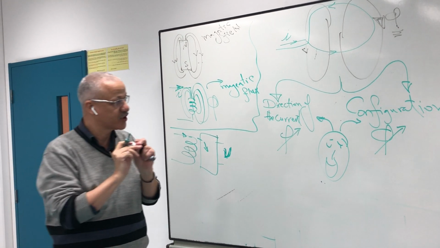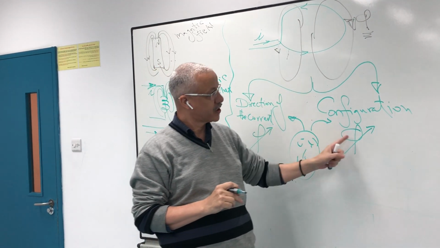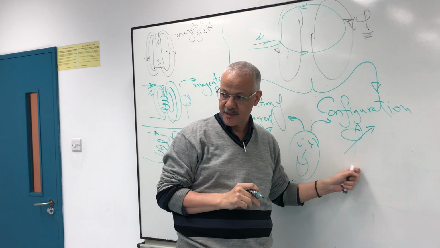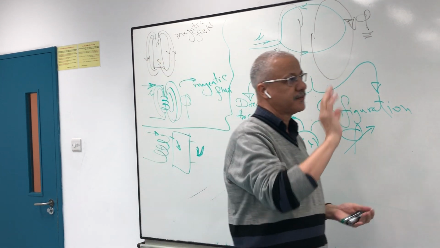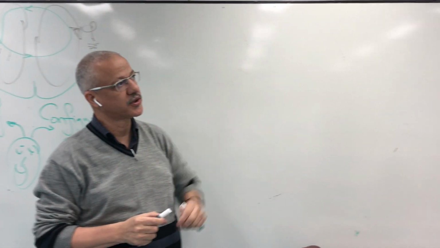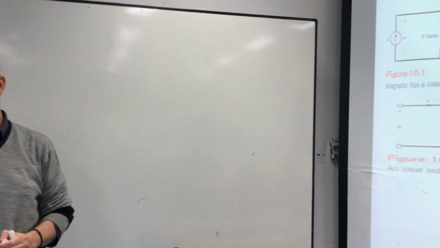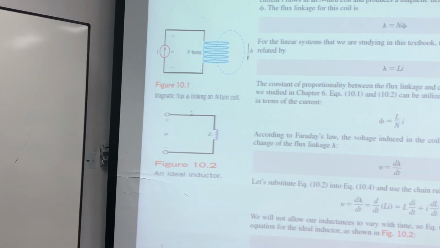So I have two terminologies. The current direction will change the flux. The configuration of the circuit will change the flux. Is it okay? So before this one, let's go to the lectures. How can we deduce the voltage in a coil? To deduce the voltage in a coil, there are two terminologies. If we have a circuit like this one,